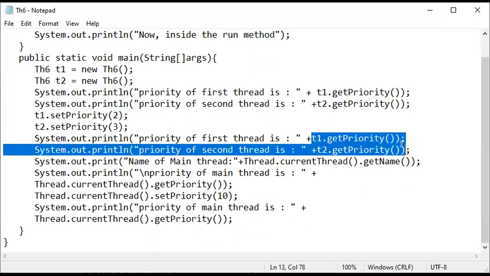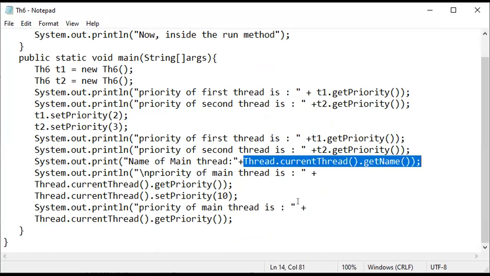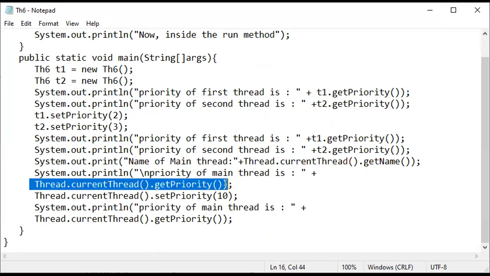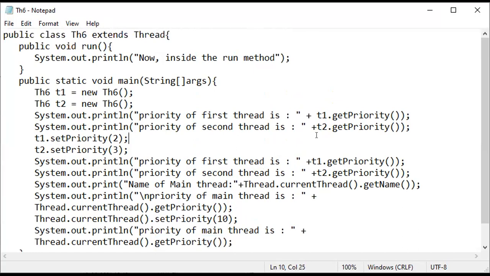And again, I'm getting the thread priorities by calling the getPriority method. And I'm using the main thread name. What is my main thread name? And I'm getting the priority and setting the priority to maximum, right? And later, the priority of the main thread is again retrieved and displayed. These are the three things we are going to do in this program.